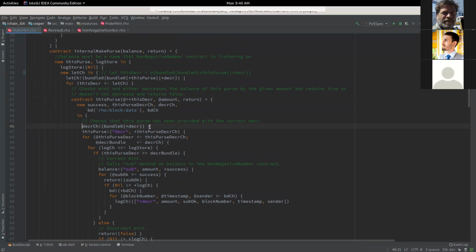So here, what we're doing is we're taking this name that we have, that represents our authority to subtract some amount from a purse, which basically just checks what mint it is. And we're saying we have some purse, and we don't know if these represent the same mint. And so what we need to do is just check that this purse that we have access to currently does have the right mint.